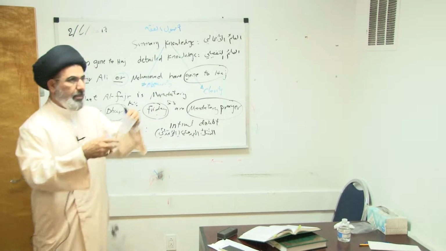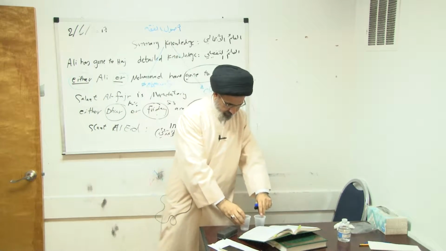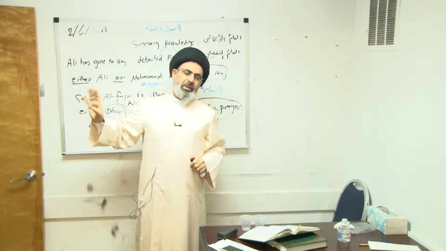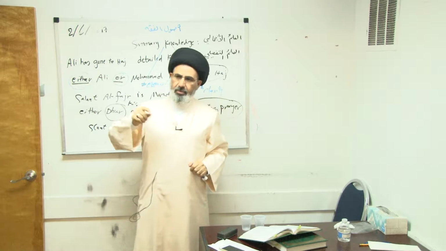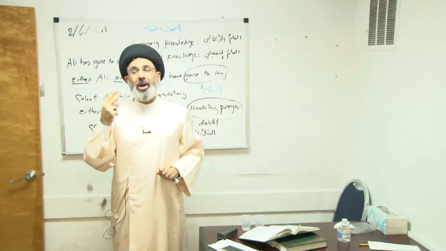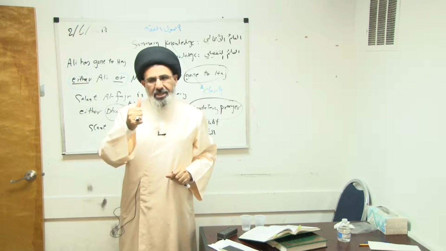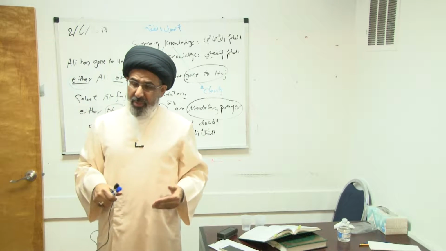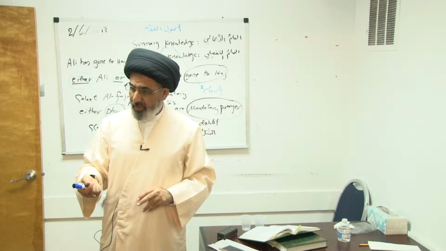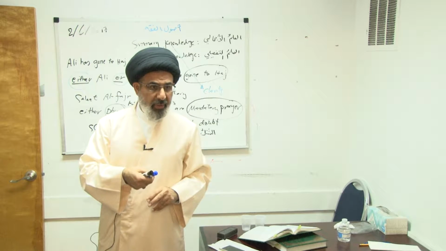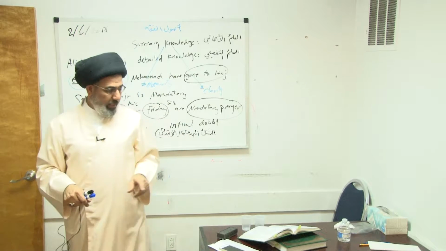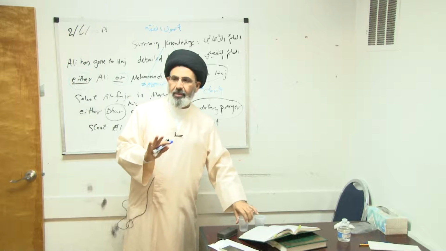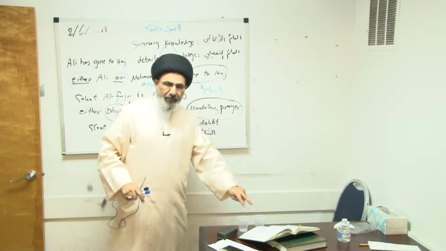There are 2 cups of liquid here. The door is shut. Someone outside the door tells you, when you go to this room, on the desk there are 2 cups. One of them is najis. Is this detailed or summary? Summary. This is summary, because he did not say the red one or the blue one. He just said one of them. So I know one of them.